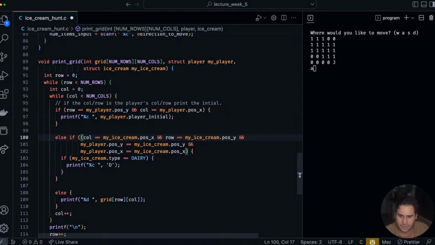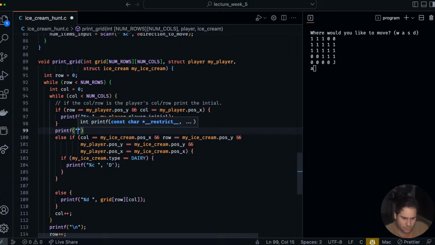Maybe it's... is it prioritizing printing the initial? No, isn't it doing this second? It's doing the D second. Why don't we do printf col is %d, row is %d,